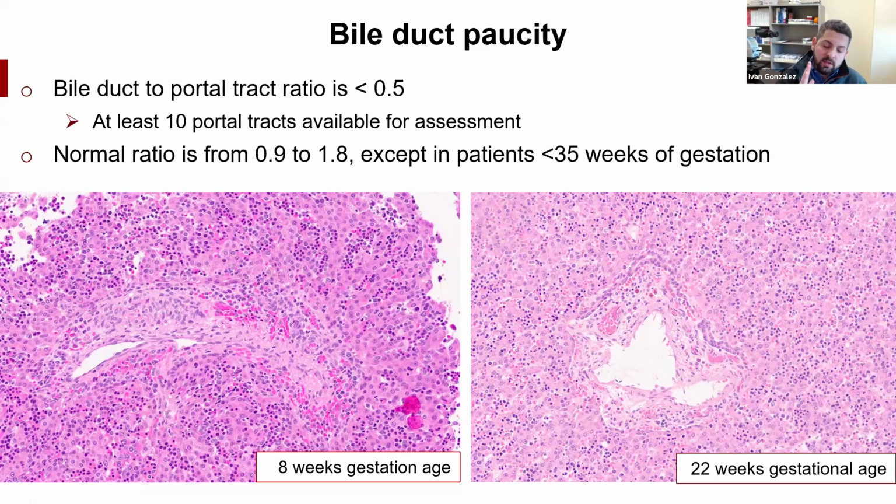And it's important to have that concept in mind, because if you have a kid that was born at 28 weeks gestation and you're looking at the biopsy at 7 weeks of age, that patient is still like 35, 36 weeks gestation embryologically. So it will be normal not to have all your interlobular bile ducts completely formed. So when I see those cases, I do my bile duct count, but I put a comment saying that this could represent your normal embryology, normal development of the liver. And I won't fully label the patient as a bile duct paucity.